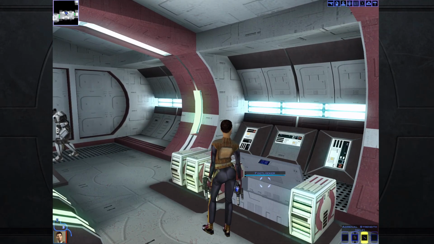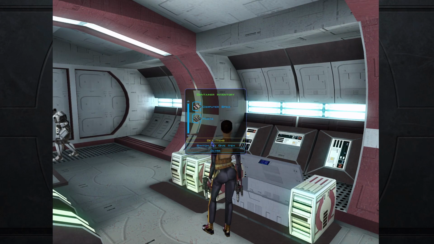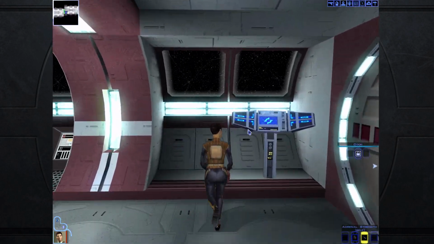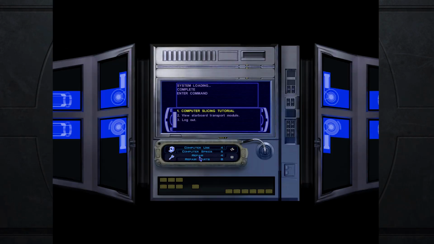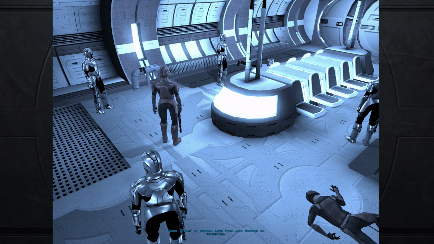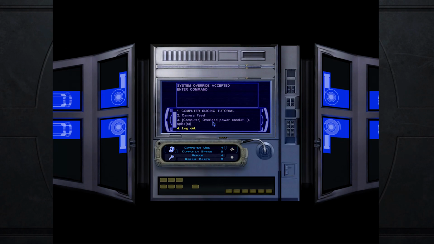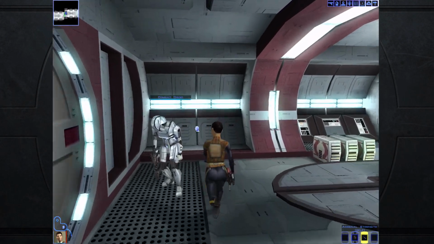So like he said, first off we can check this footlocker here and we get computer parts and computer spikes. Parts help us repair robots, spikes help us hack into computers. So, if we go to view transport module, we can see that there are 4 enemies in there and 1 elite enemy. And we can use 4 spikes to overload the power conduit in there, which would kill everybody instantly. However,